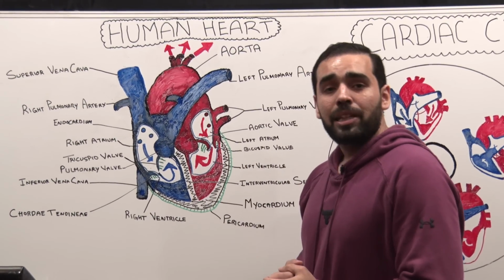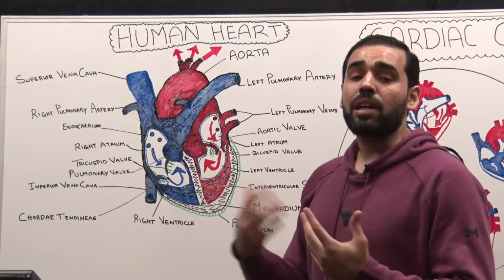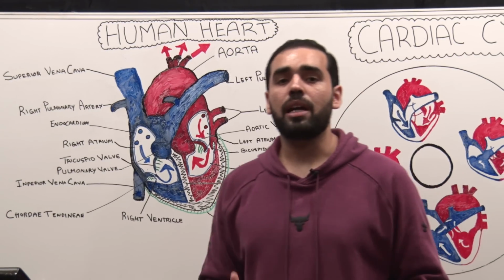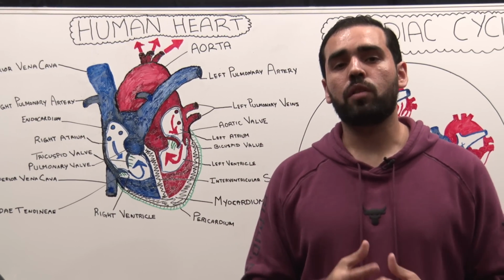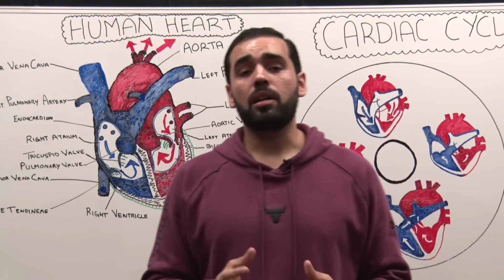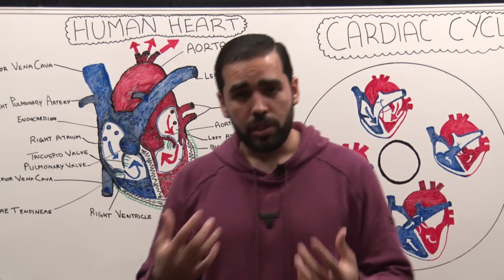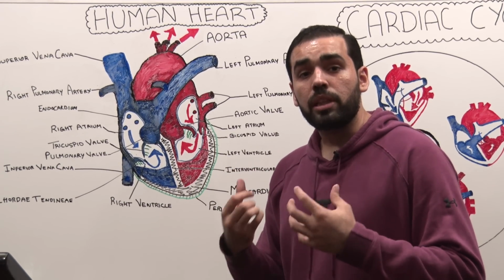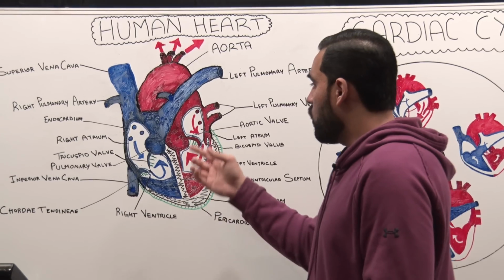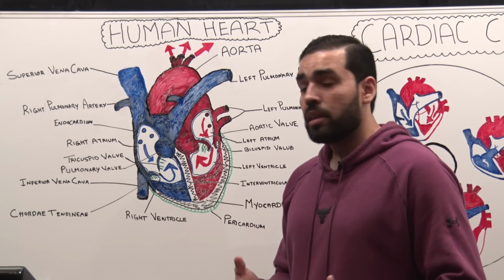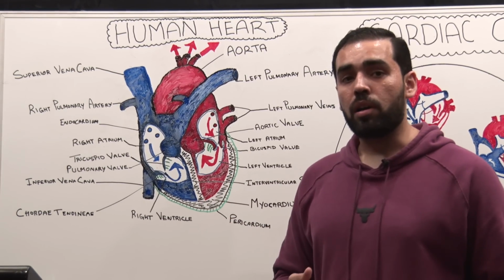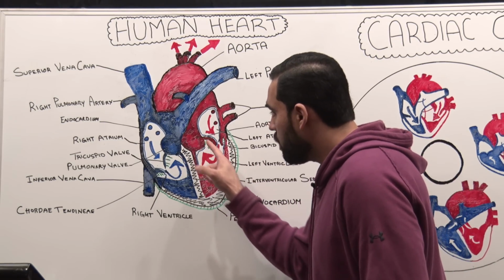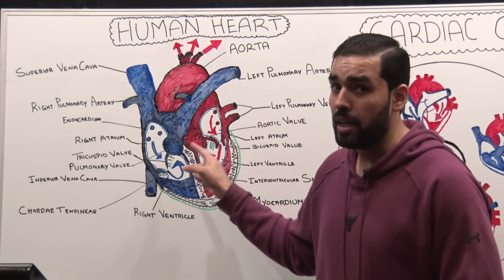Now let's talk about the major blood vessels that are leaving the heart, or taking the blood away from the heart, because obviously you need to understand that the primary function of the heart is basically to pump the blood through the vessels of your body and provide nutrition to the cells, and the blood that is coming into the heart eventually needs to go out of the heart too. Like we discussed earlier, the vessels that take the blood away from the heart are called arteries. So it means that the ventricles are pumping the blood into the arteries, not into the veins.